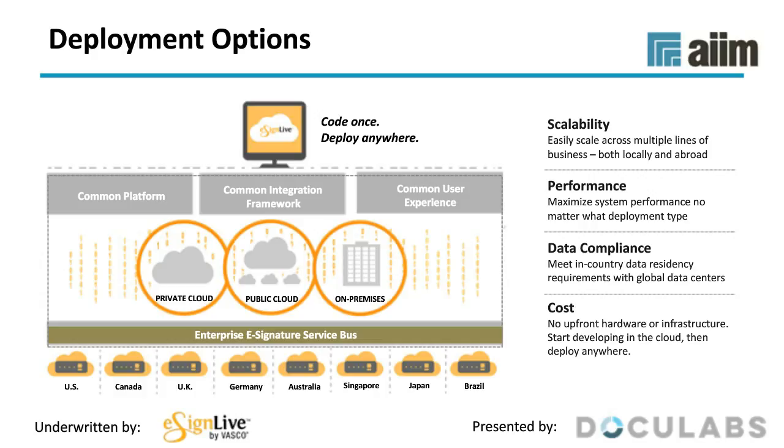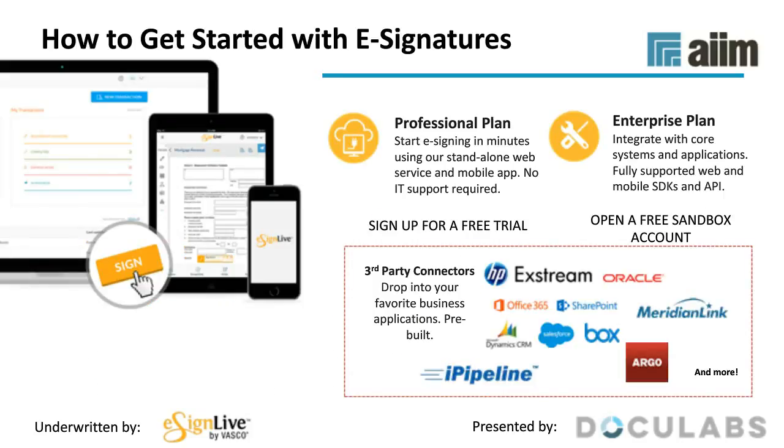Now, everyone's wondering, so how do you get started? Depending on your use case, the scope of the planned use, and the availability of your IT resources, you may choose to go with an out-of-the-box e-signature solution, or you may prefer a more integrated option. So starting with no integration, a professional plan can get up and running immediately, and I mean right away. You can sign up for a free trial, start sending documents with zero IT involvement. And if IT resources and costs are a concern for you and the volume of documents that you are sending out for e-signatures is small enough, this could be a great option.